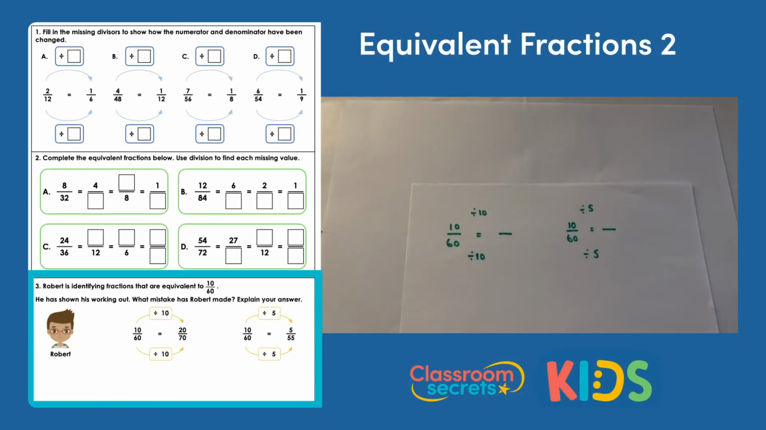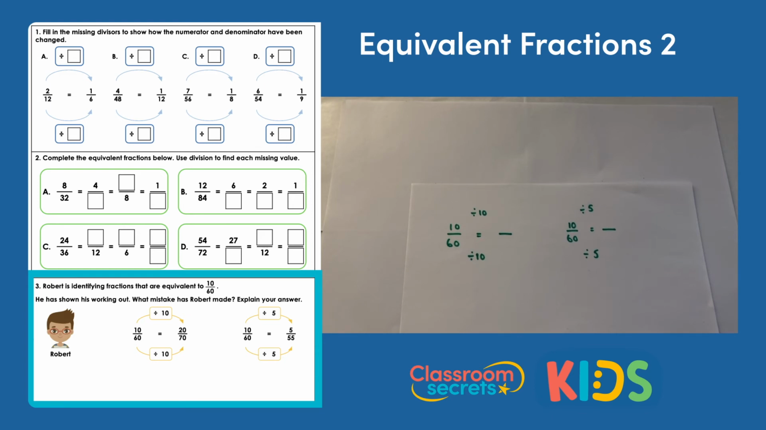Question 3. Robert is identifying fractions that are equivalent to 10/60ths. He has shown his working out. What mistake has Robert made? Explain your answer. So we have Robert there, and he has his 2 lots of what he thinks are equivalent fractions. So the first one, he's got his 10/60ths. He's written down that he's dividing by 10, so he's dividing the numerator and the denominator by 10, so he's got that bit right. But then he has